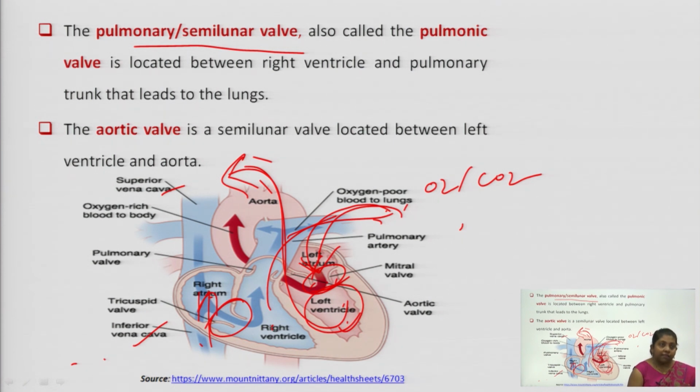So, all in all we can say that our heart consists of 4 chambers. Right atrium and left atrium, both of which are termed receiving chambers. Why receiving chambers? Because they receive blood. The right atrium receives blood from the body parts via the superior and inferior vena cava, whereas your left atrium receives blood from the pulmonary section.